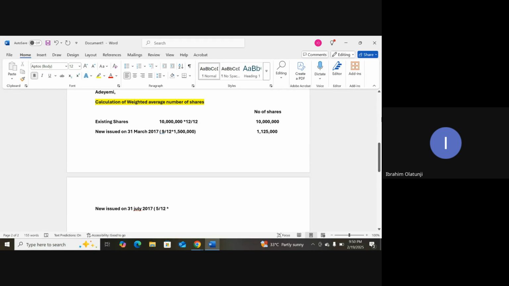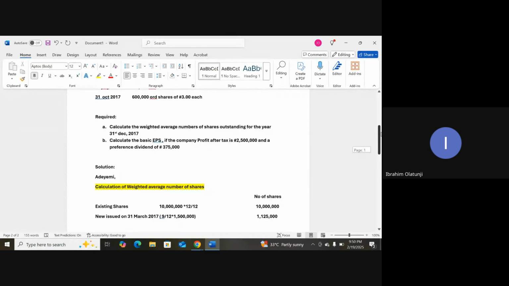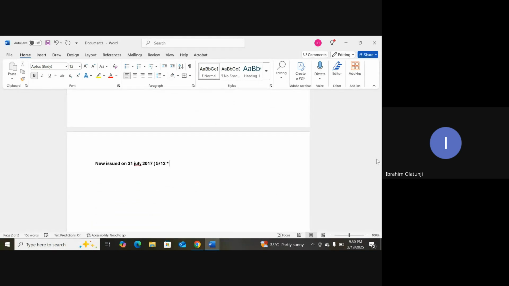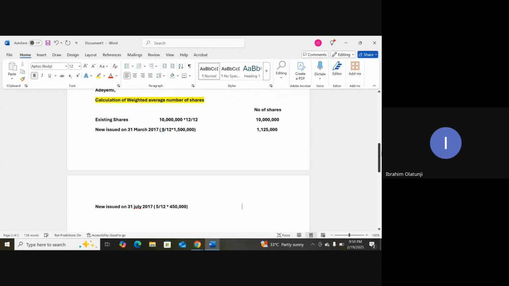So what is the number of shares? 450,000 shares. So what do you have? 187,500. 187,500. Then we look at the third one, new issue